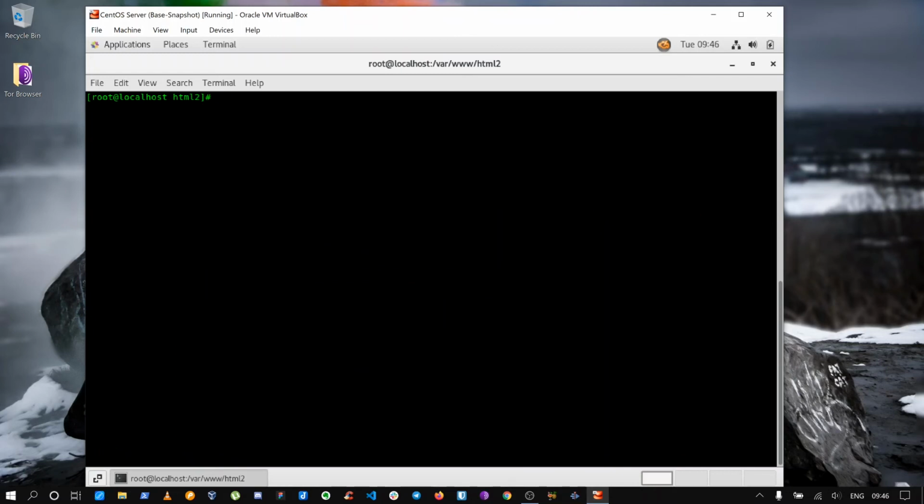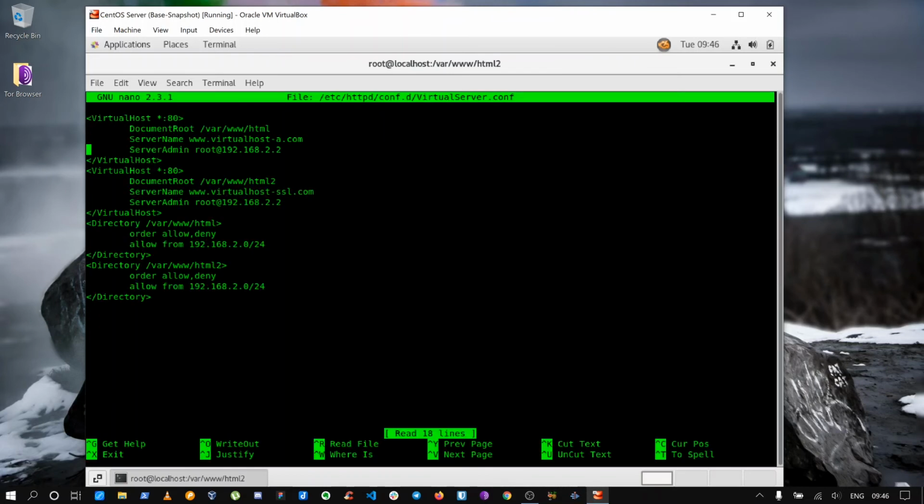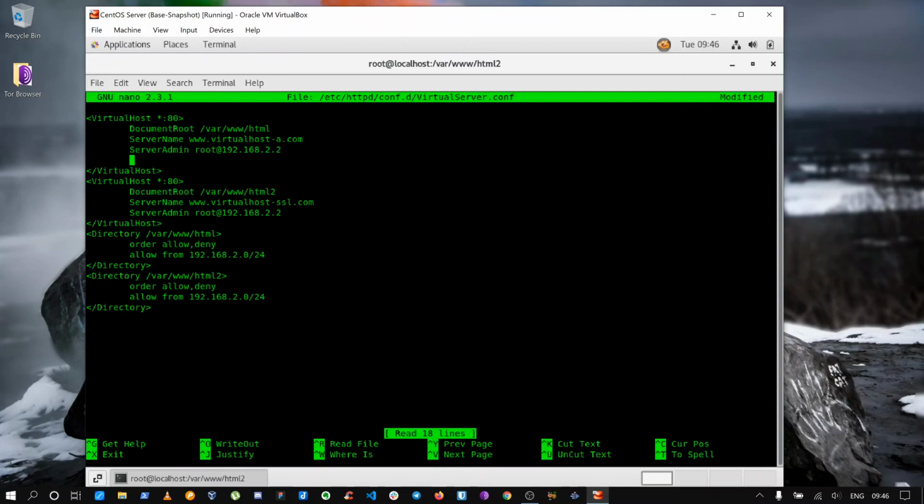Now all that is left is to edit the configuration file, which is in /etc, with nano, conf.d/virtual. Here you make simple changes.